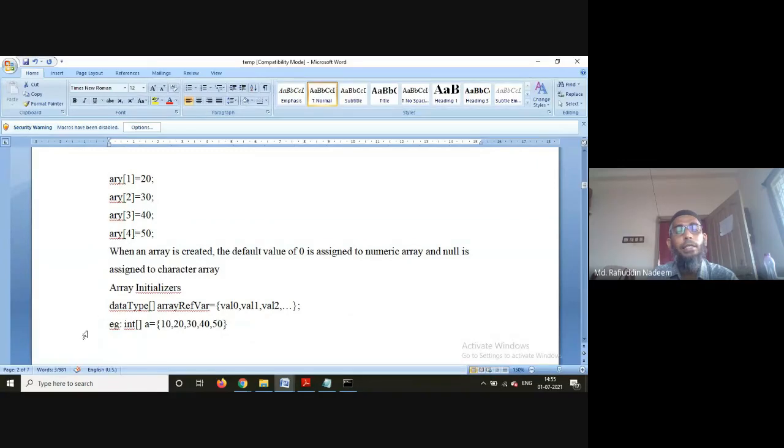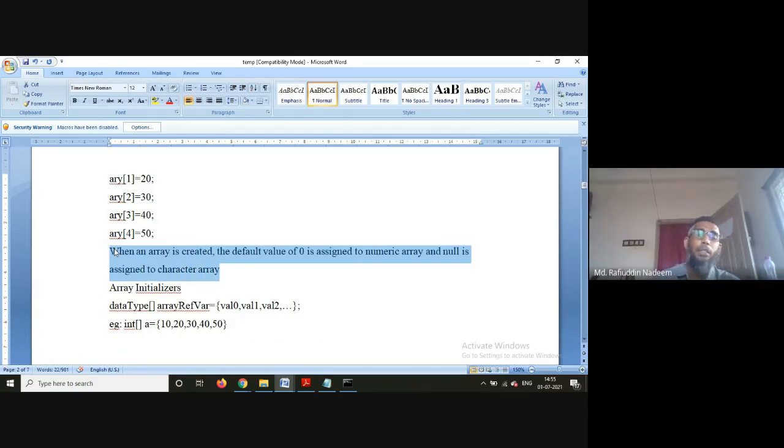Another thing here is when an array is created in C, a garbage value is stored. But in Java, whenever you create a numeric array, the elements are assigned 0 by default.